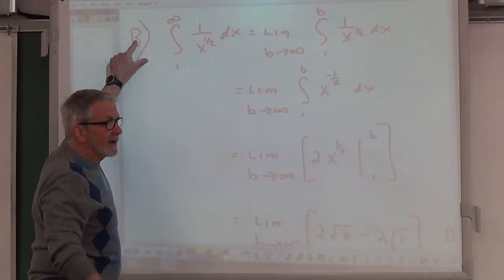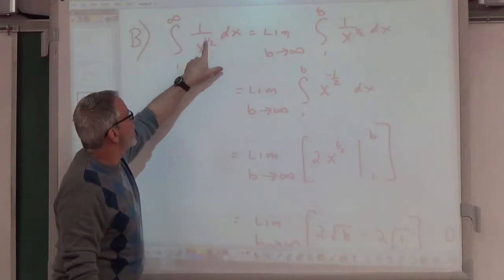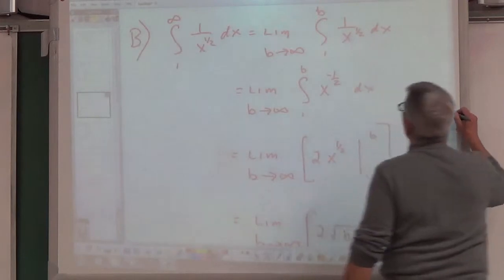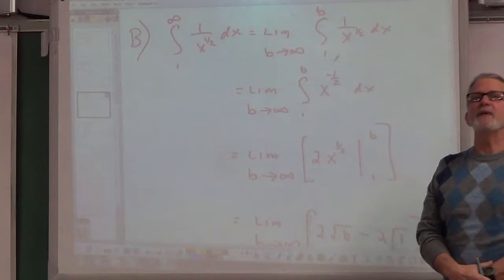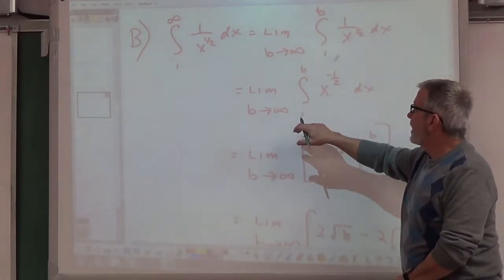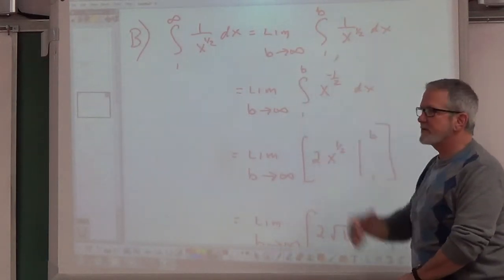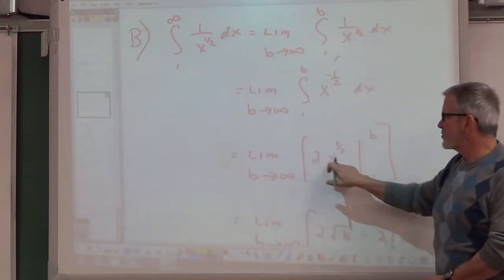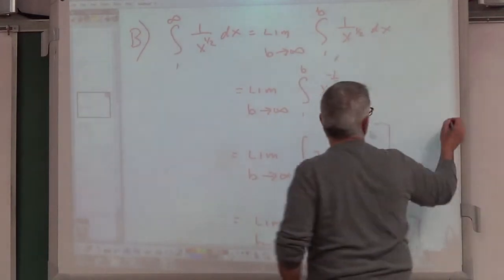Example letter B: the improper integral from 1 to infinity of 1 over x to the 1/2 dx is equal to the limit as b goes to infinity of the definite integral from 1 to b of 1 over x to the 1/2 dx, which is the limit as b goes to infinity of the definite integral from 1 to b of x to the negative 1/2 dx. Due to simple anti-differentiation, we're going to get the limit as b goes to infinity of 2x to the 1/2, evaluated from 1 to b, and so that is going to equal